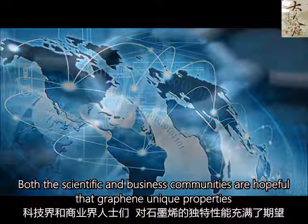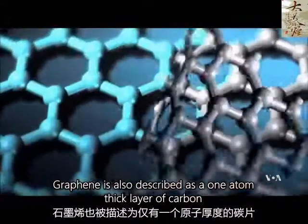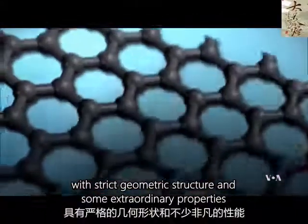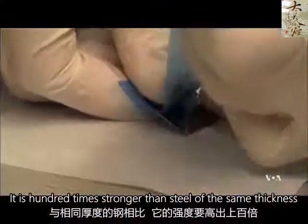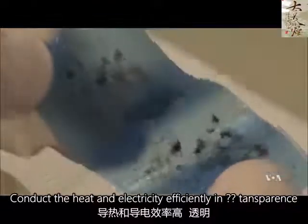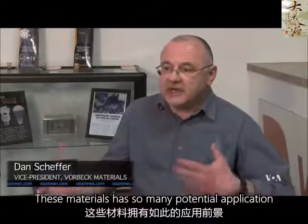properties can be incorporated into products. Graphene is often described as a one-atom thick layer of carbon with strict geometric structure and some extraordinary properties. It is 100 times stronger than steel of the same thickness, conducts heat and electricity efficiently, and is nearly transparent. This material has so many potential applications that you don't know where to start to look